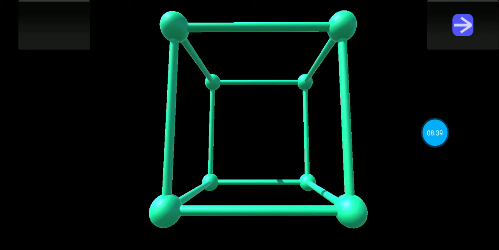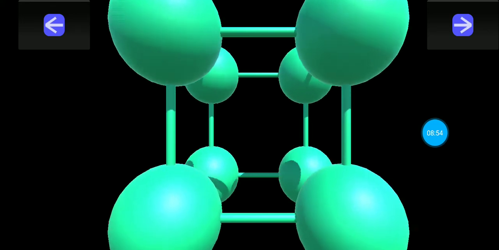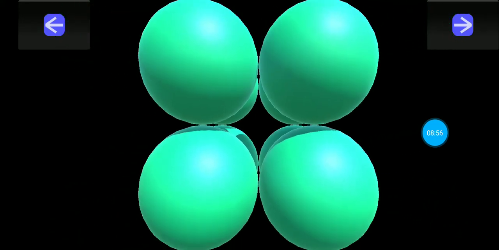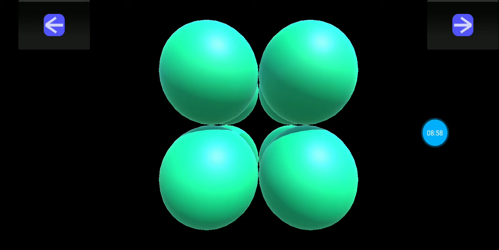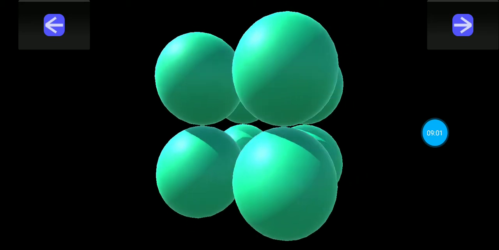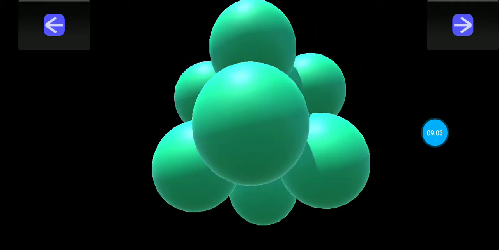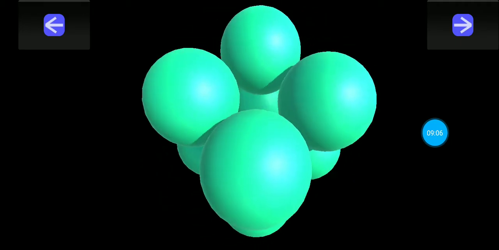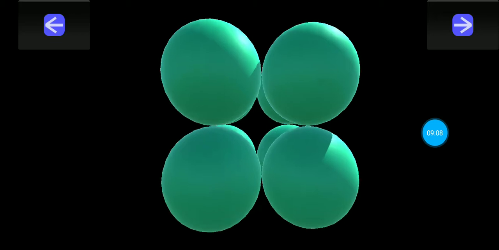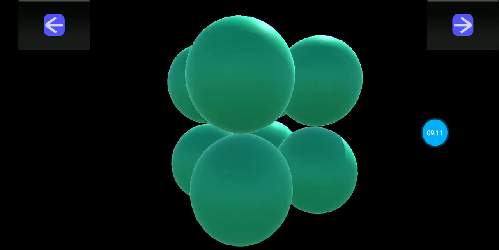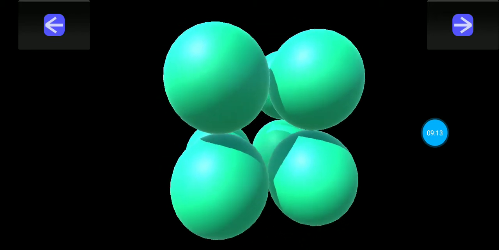Although the atoms look small in this diagram, they are actually big in size and they are in contact with the adjacent atoms. Let us click this button and see that the atom size increases, and this is the actual diagram. This is how the atoms are actually arranged in a simple cubic structure. We are rotating this so that we can visualize them in 3D. So this is how the 3D arrangement of a simple cubic cell looks.